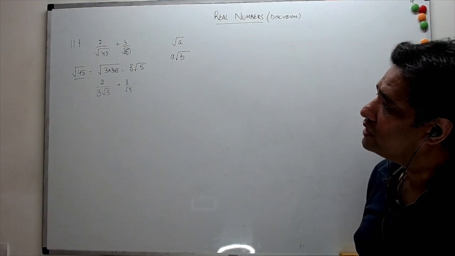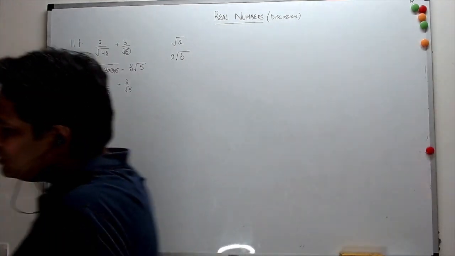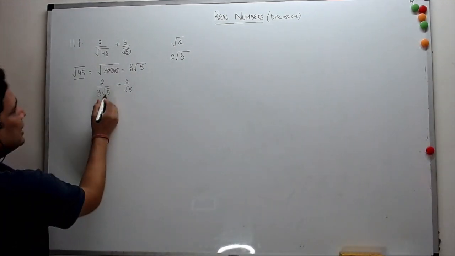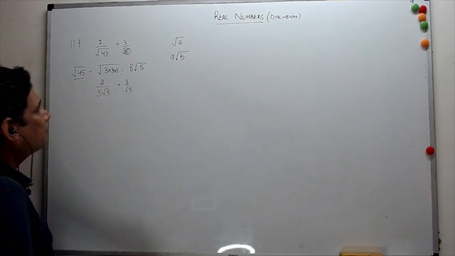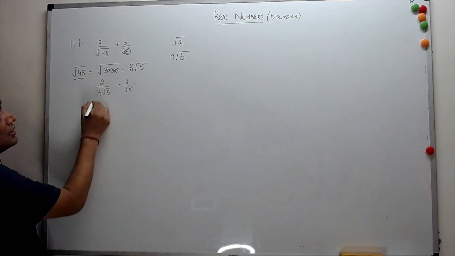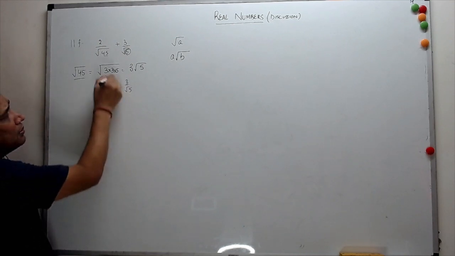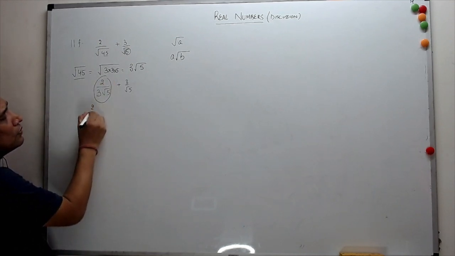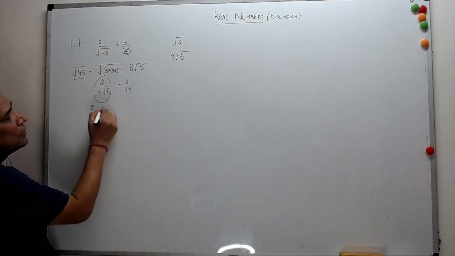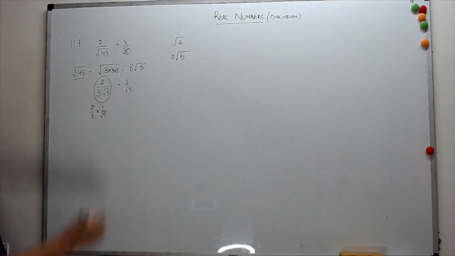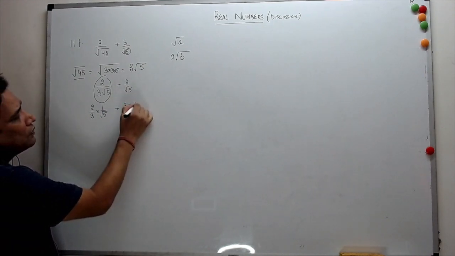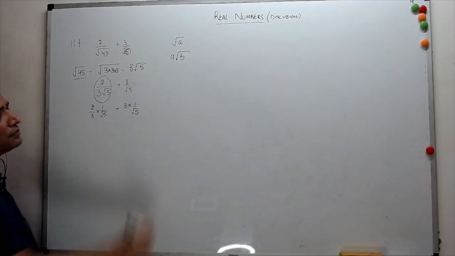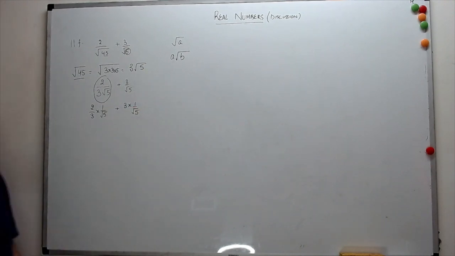अब अगर और कुछ नहीं समझ में आ रहा है तो what we can see is it is basically saying कई दो तरीके हो सकते हैं इसमें. I mean, if you look at it, this is nothing but 2 over 3 into 1 over root 5. You can imagine it like this. And this is already, you can say that this is 3 into 1 over root 5. एक तरीका ये हो सकता है.